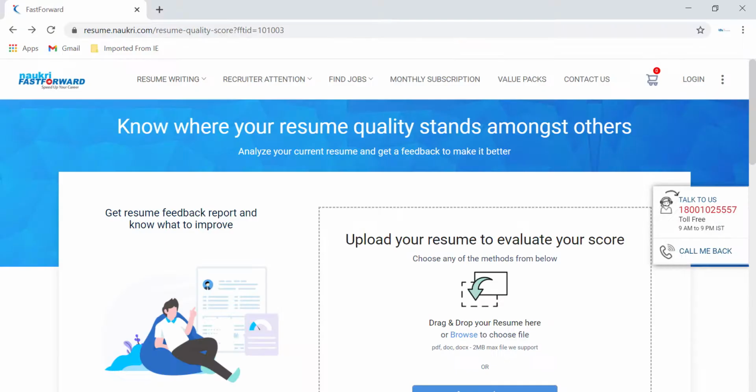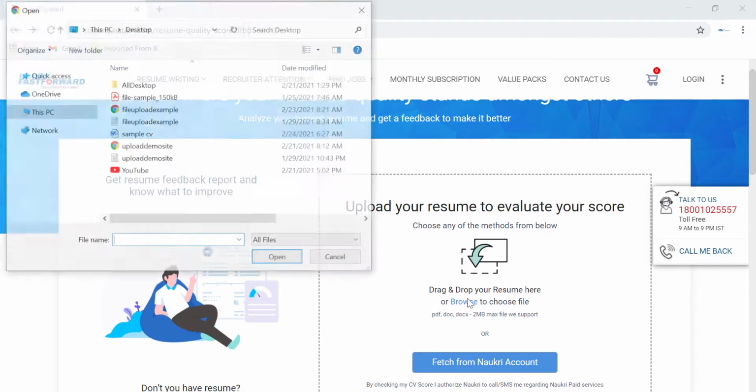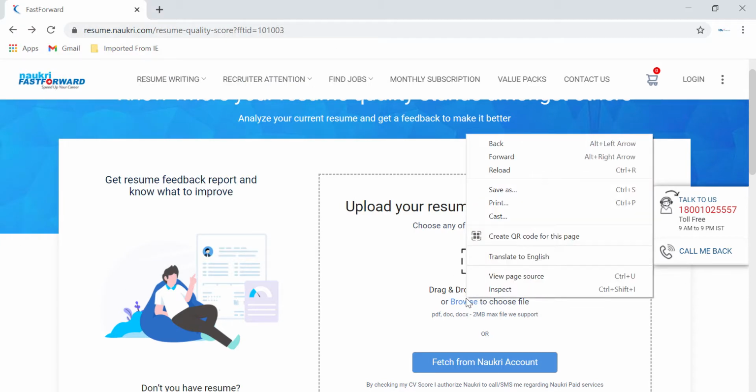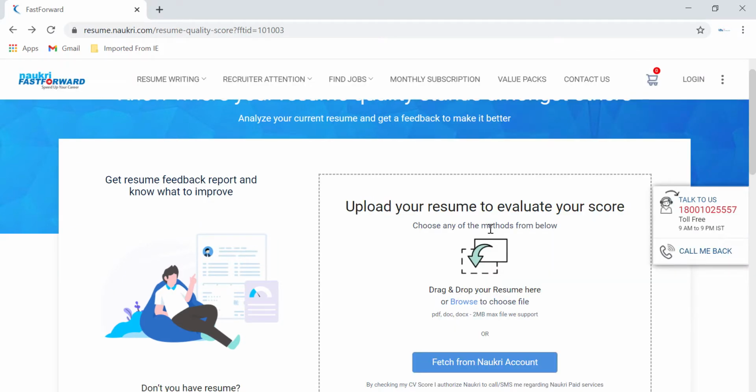Let's say you are on this page and you need to upload your resume to evaluate your score. If you click on this browse button, it will ask you to select the file. If you try to automate this directly with Selenium WebDriver using sendKeys, you won't be able to, as if you inspect this, you won't find any type equal to file attribute available here. If it is there, you might have used the sendKeys method directly. Otherwise you can use the AutoIT that I have already covered. So let's see how you can use the robot class now.